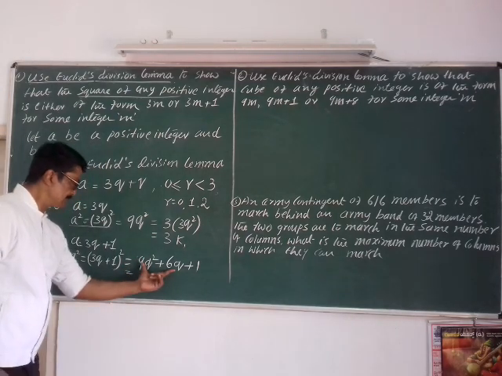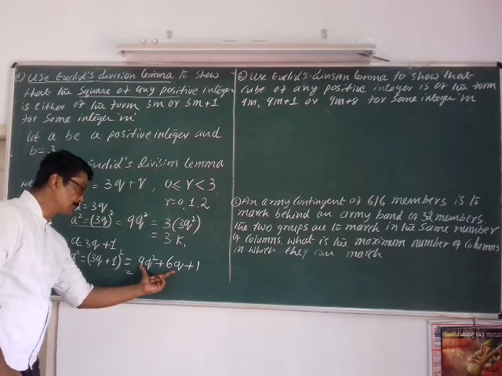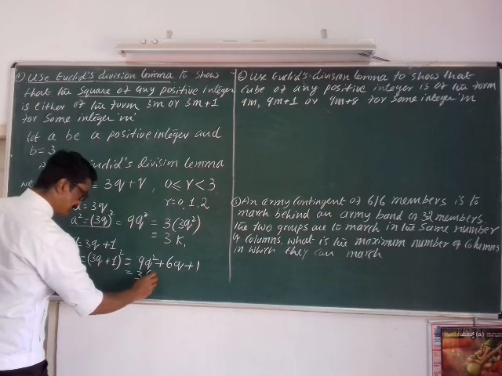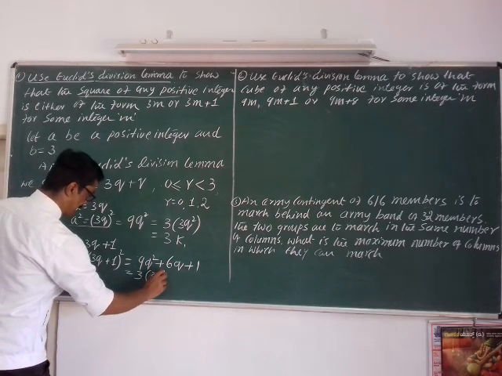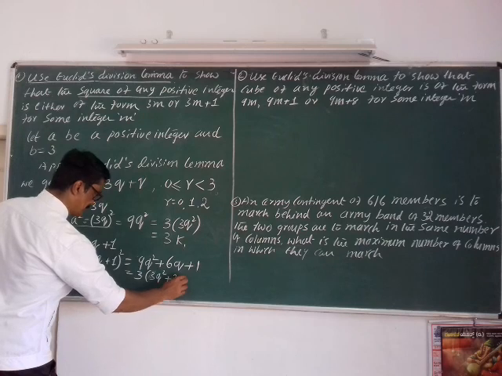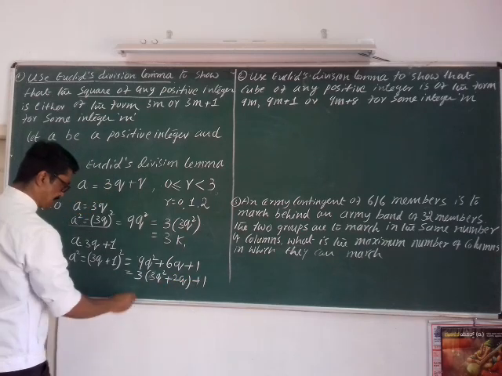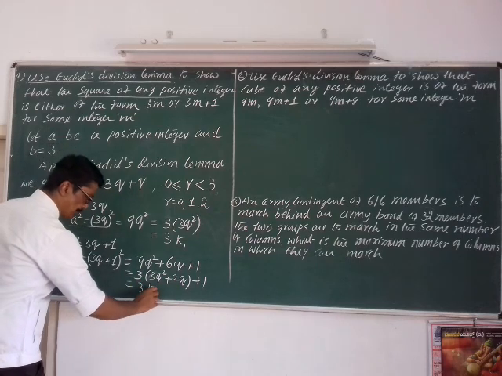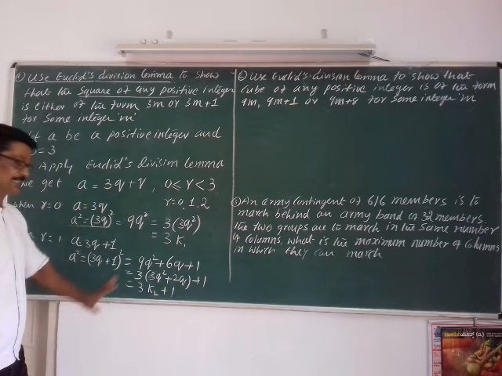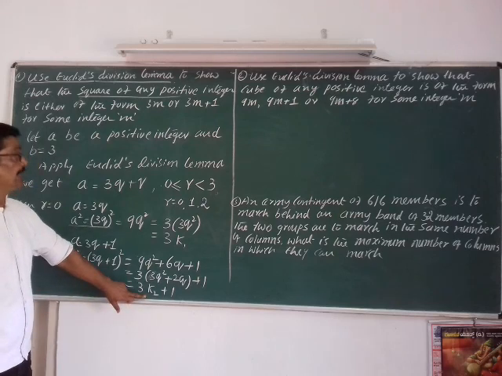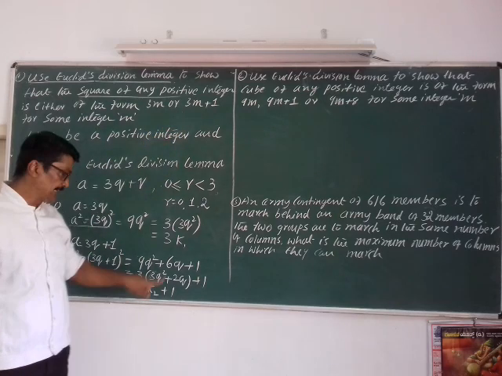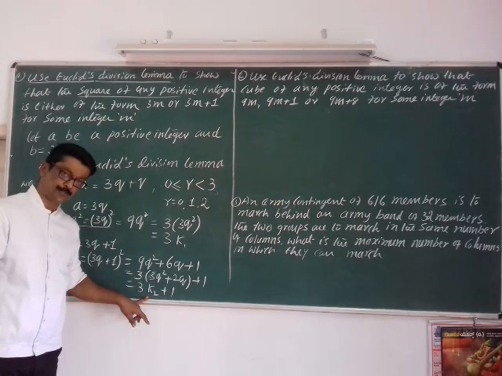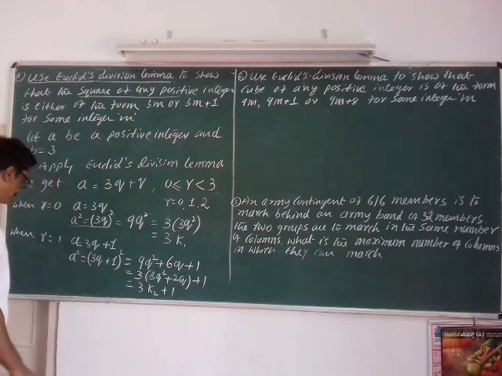Now we can take 3 as common factor from these two terms. Let me take 3 as common factor. It becomes 3q square plus 2q, plus 1. Let me denote this term by k2, where k2 is some integer. See, compare this and the answer. It is of the form 3m plus 1. Or you can write m instead of k2, you can write m itself directly.